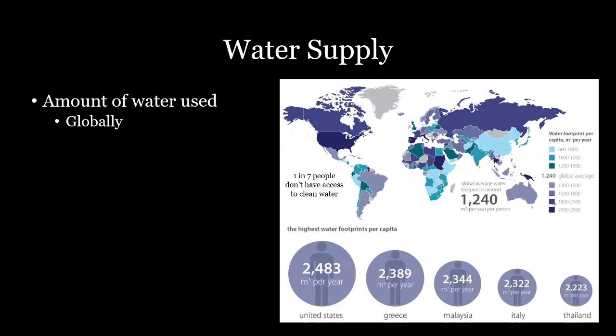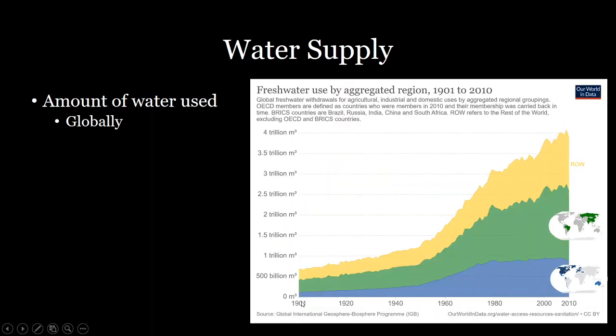So the distribution of water and the use of water throughout the world is definitely variable, and you can see that here. If we break it down into 3 different groups of countries, we can see that the OECD countries, which is some of the more wealthy countries, including the United States and Western Europe, Australia, New Zealand, some countries in South America, have had our water usage kind of level off since the 1980s. You can see that here.